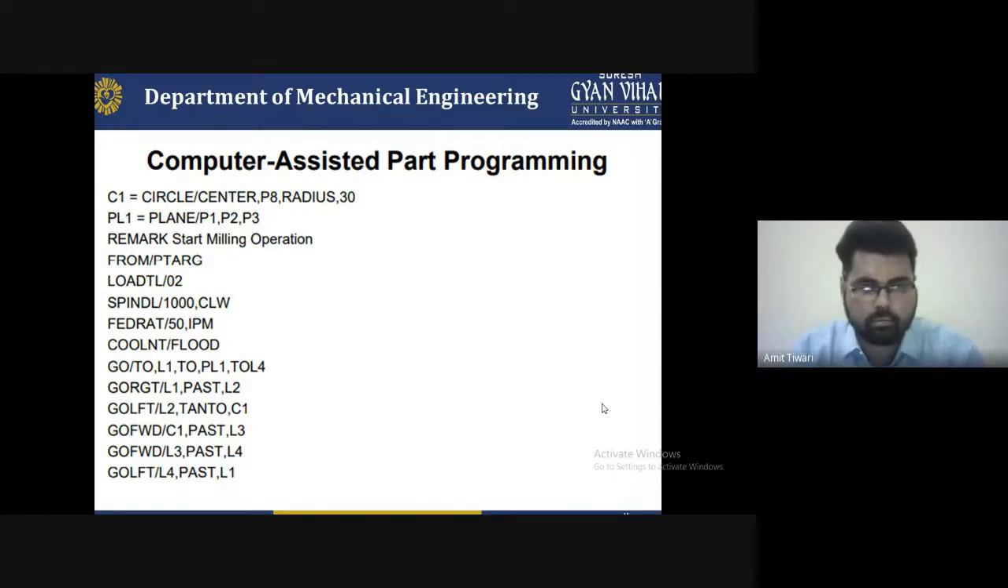from slash the P part. Load tool, TL slash 02. Spindle, comma, 1000 CLW. Feed rate slash 50 IPM. Coolant fluid. So go to L1, 2, PL2 and PL4 is the answer for the CAT to be understood